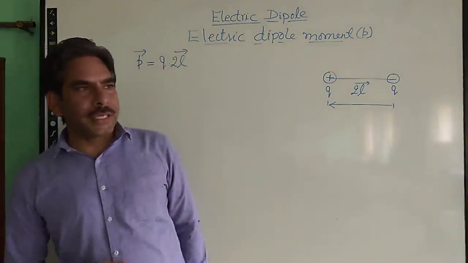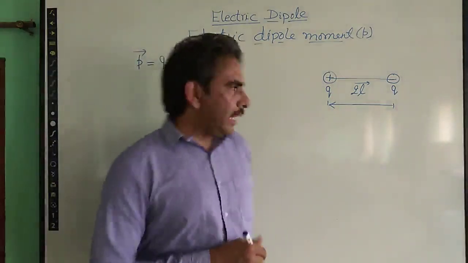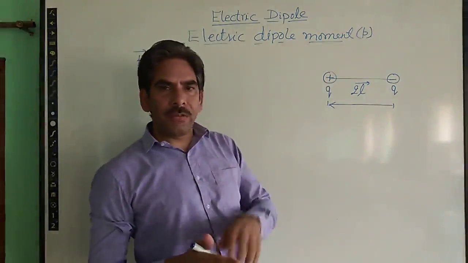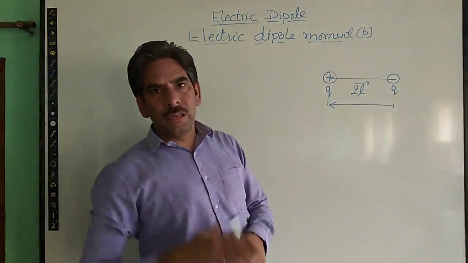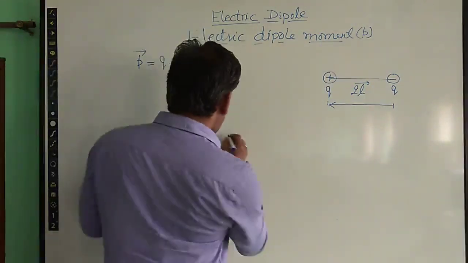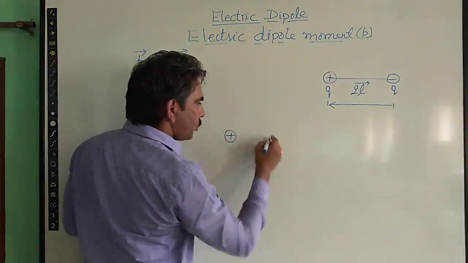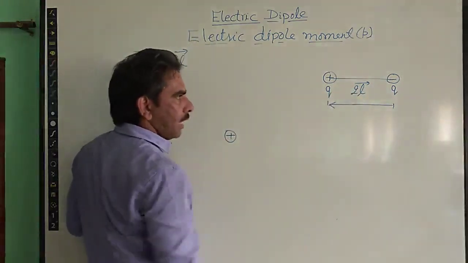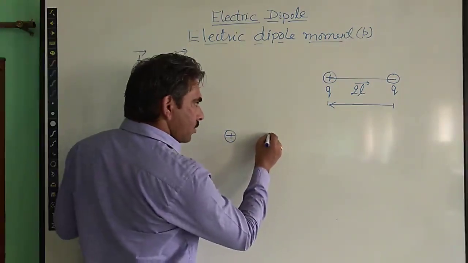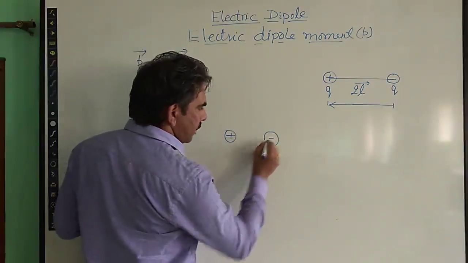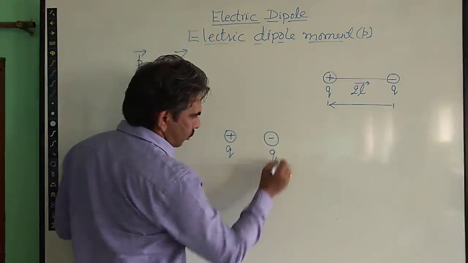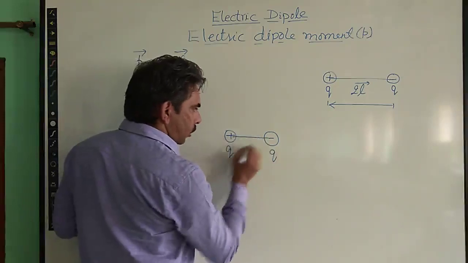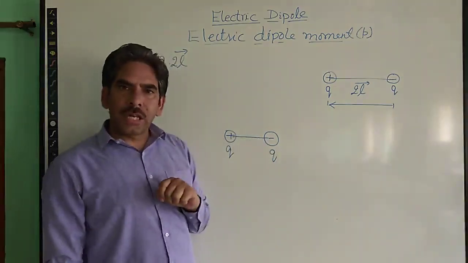How is electric dipole moment of some importance? Because whenever we have some electric dipole, I already said that it behaves in a slightly different way than a single point charge. Suppose that we have two charges, the same two charges separated by this distance 2L, or length of this dipole is 2L, and now the charges of same strength q, these charges are the same, but the length of the dipole is now short.